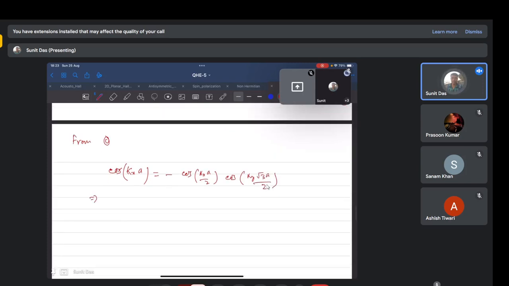So this we can write as cos kxa by 2 and then cos,